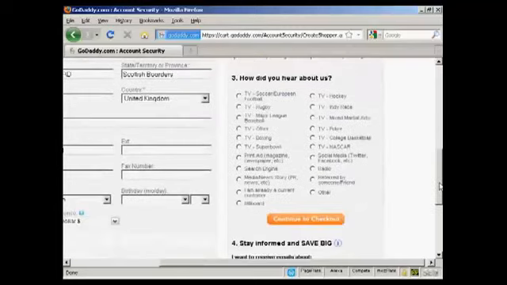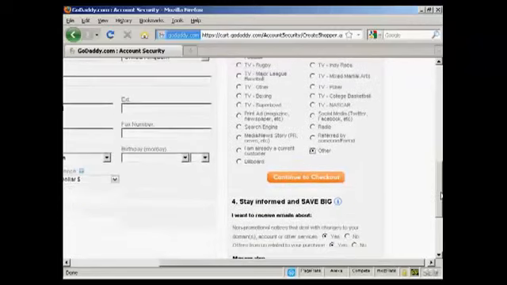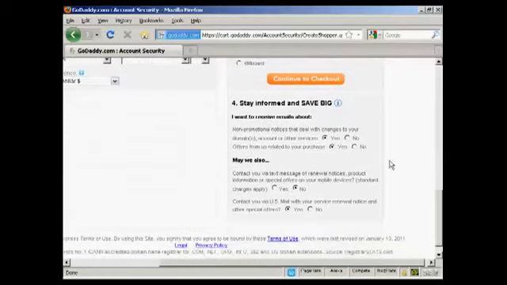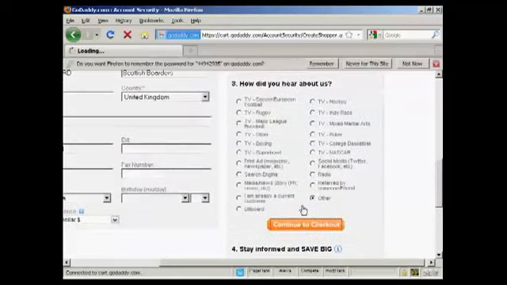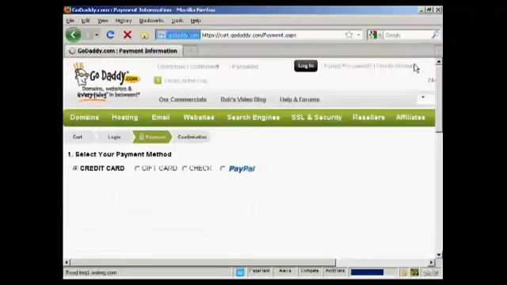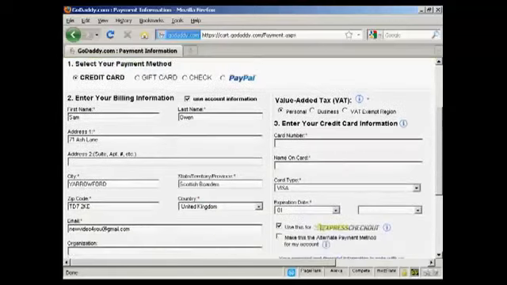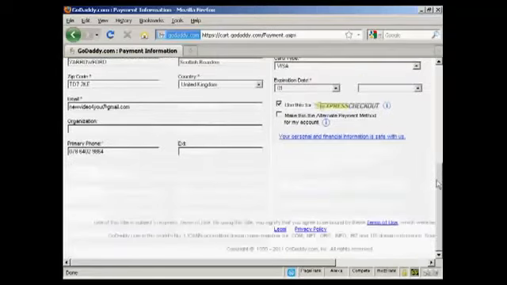And they want to know how they heard about them. I'm just going to click on Other. You also can select whether you want to receive email messages and so on. I'm going to leave it as it is and just go Continue to Checkout. And I don't want them to remember that, so we'll clear that. And then it takes me to the final page where I enter my credit card or PayPal information